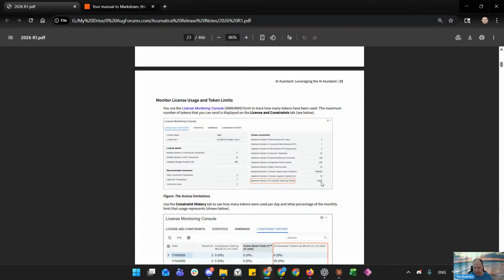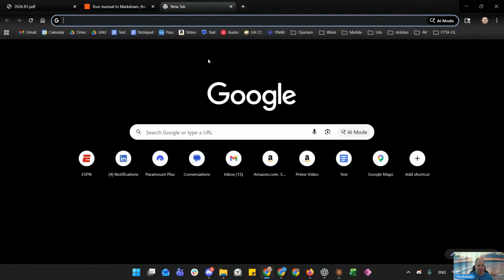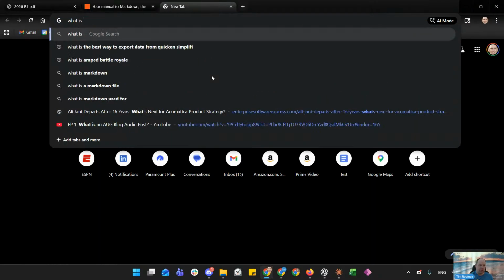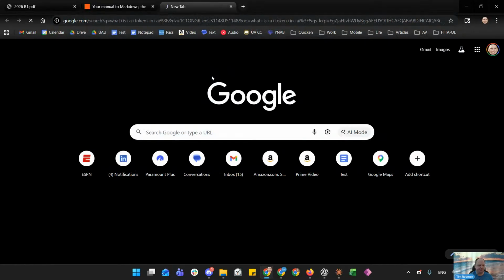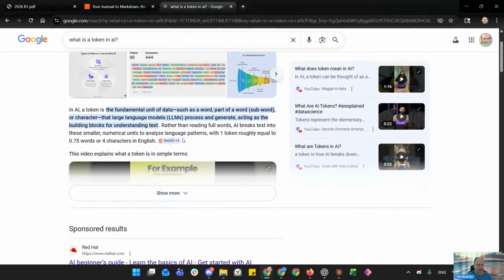So you get 10,000 in this case tokens per month. And what is a token? So actually, here's a good one, let's ask Gemini this, Google's Gemini. What is a token in AI? So I don't understand it fully. I don't know that there's that many people who really do. I guess there's some videos you can look up. But it's the way AI stores information. My simple brain, this is how I look at it. One token is roughly